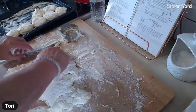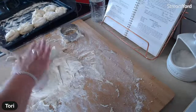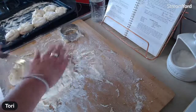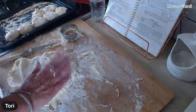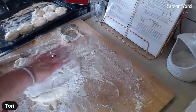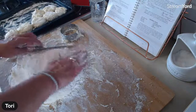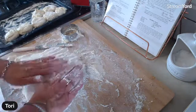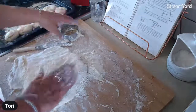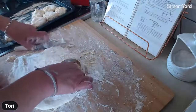I'm tenacious. Honestly, it's like a river of dough here on this chopping board. I'm just going to put flour straight onto it. I mean, it'd be good if they were a little bit successful. Drowning in flour now. Look, if they're a disaster,